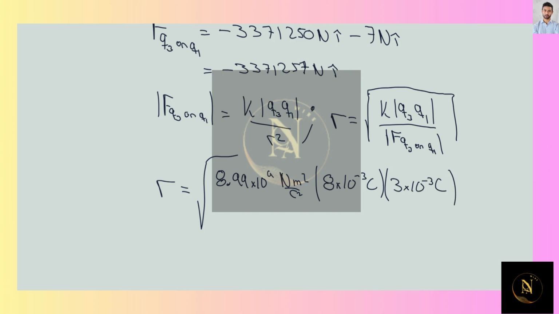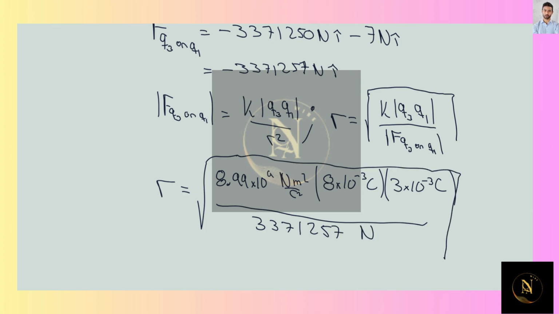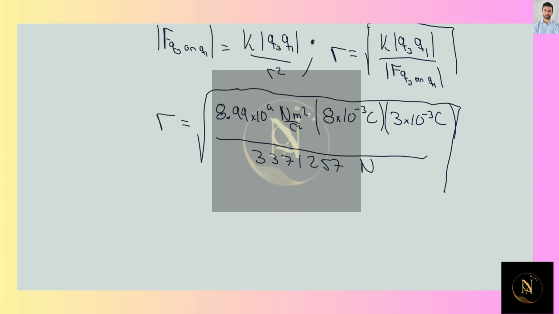Remember, I'm not taking into account the signs because I'm using the absolute value, and the absolute value of the force, that is 3,371,257 newtons. Coulombs are going to cancel out with Coulomb squared, Newton with Newton, and meter squared, as we take the square root, is going to give us our result in meters. So the distance is equal to